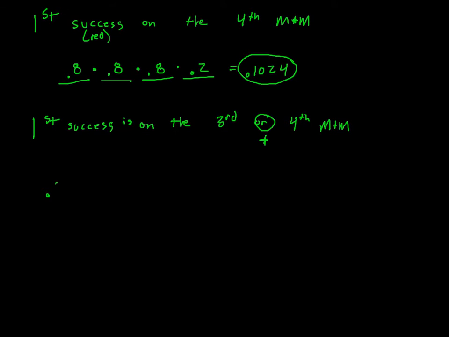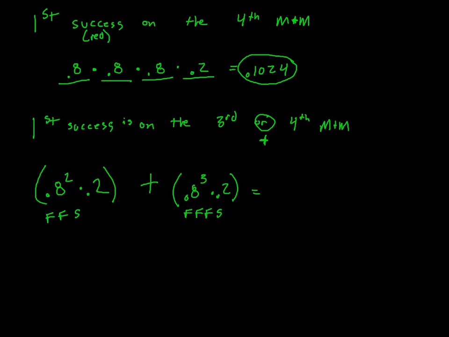So it happens on the third. That would be 2 failures. I'm going to use exponents to make my work a little easier here. 2 failures, and then my third one is a success. So fail, fail, success. Or the fourth M&M, which we already saw, that would be 3 failures followed by finally a success. So failure, failure, failure, success. Basically it would be taking 0.8 raised to the second times 0.2 plus 0.8 raised to the third times 0.2, and we get a grand total of